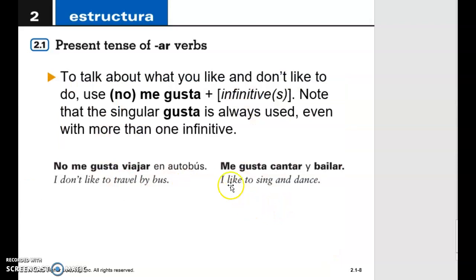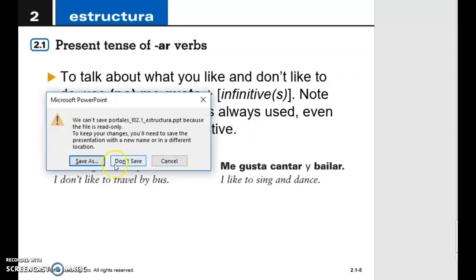So you can see in here, "no me gusta viajar." You're conjugating the first verb, so you don't have to conjugate the second verb, because the first one is talking about the person that is performing the action. I don't like to travel. I'm not traveling. I'm just saying I don't like that action. So that is a brief summary of